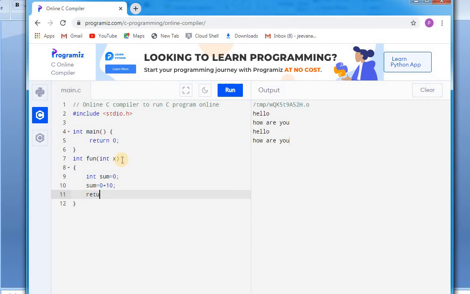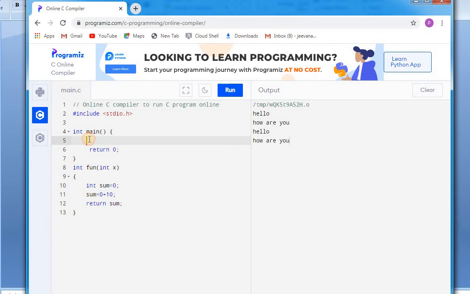Now return sum. Okay, now this sum is returned to this int main. Before that let me declare a variable a. You need not declare any value because I have already taken 10 here.